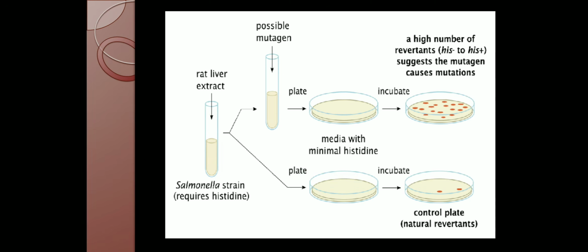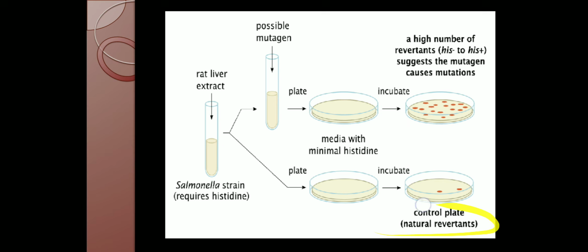Whereas in the control plate, we have inoculated the organism, but we have not added the chemical compound, the mutagen. So what happens is that it will start growing initially, but visible growth will not be seen. Whereas there are chances that it can produce certain random mutagenesis. Because of some environmental changes, random mutagenesis can occur, and therefore one or two colonies will grow.